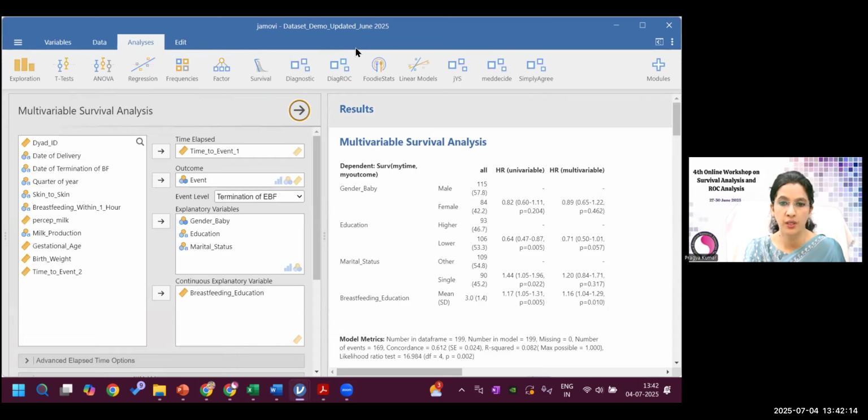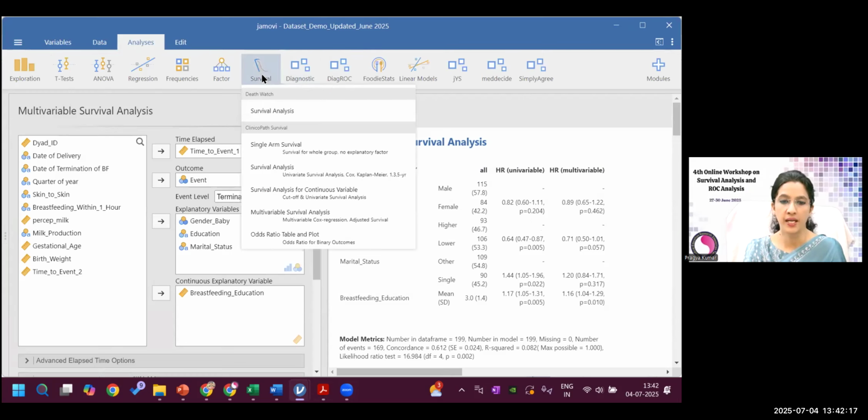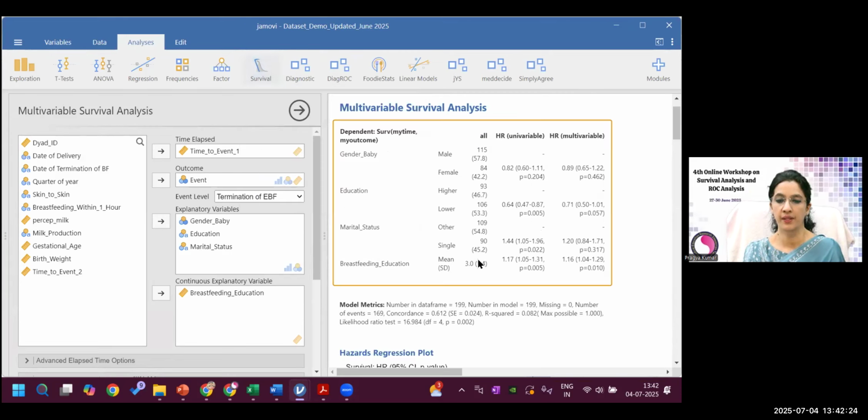So I'll go in this analysis in survival, and in survival there is this multivariable Cox regression and adjusted survival. This option I will click, and then such window will appear. So here on time elapsed, you have to shift the time to event data, that is the TT, which is a continuous variable. On the outcome, you have to shift the event, and event we have defined as termination of breastfeeding or not cessation of breastfeeding. So here termination is your event, and then those who did not meet with